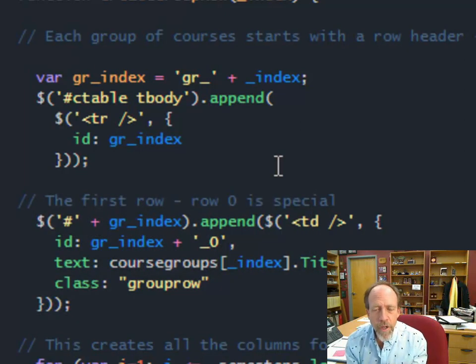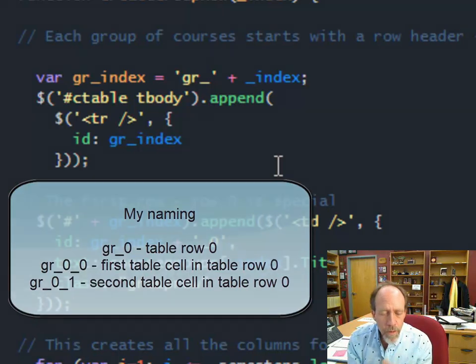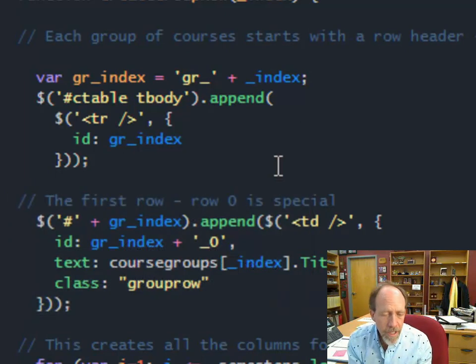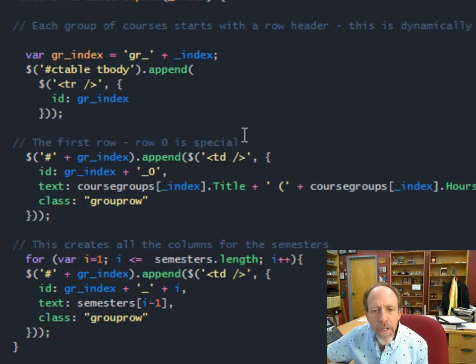So for the first group, it's 0. Next column, it's 0. Why? That's an easy way to do it. So now I can keep track of all my groups. My groups are numbered 0 through whatever number of groups I've got, and it doesn't matter how many there are because each of the groups is an array, and I can always keep track of how many groups are in the array themselves. Then what I'll do is I have up here in HTML a table that has a name to it,